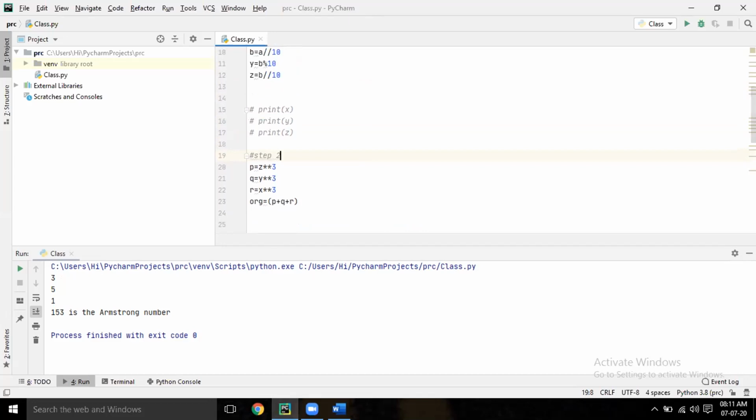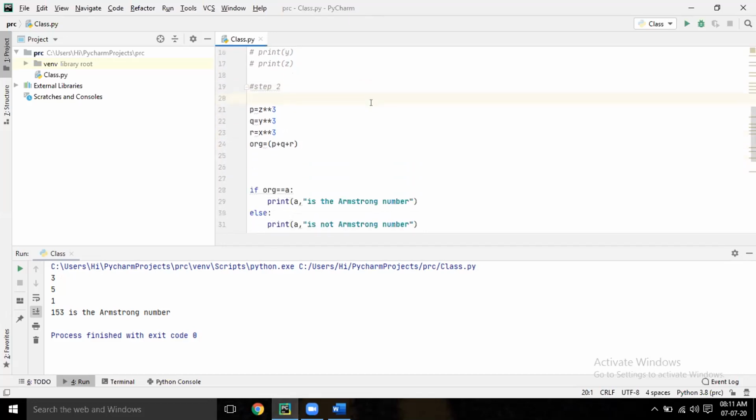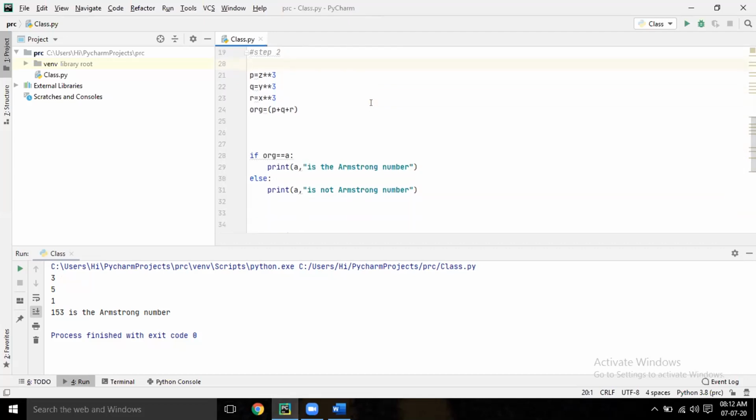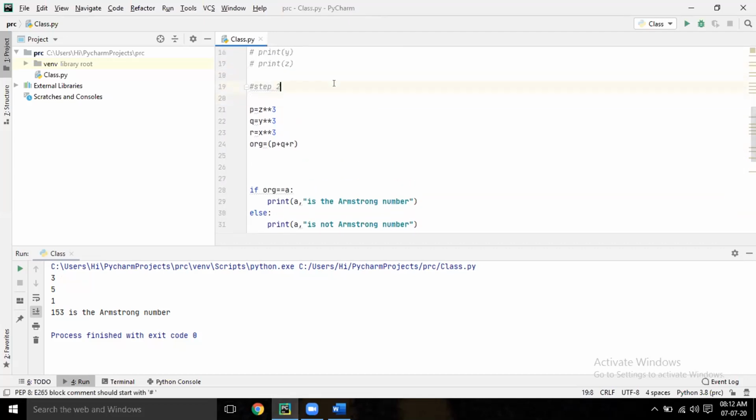Step 2 is you have to get the cube, right? Yes, sir. Step 2 is calculate the cube and add them. If you write this comment, it is good for you or anybody else who sees this code. He can understand what you are doing, right?